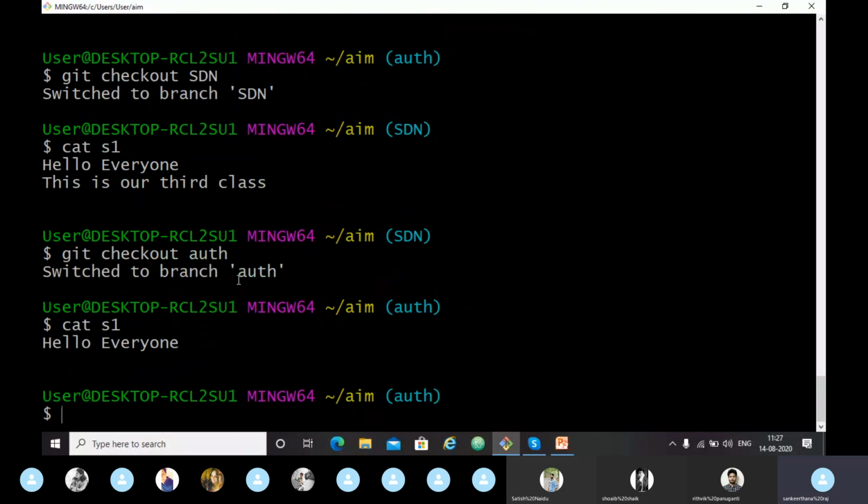The S1 file in the SDN branch is different. The file in the auth branch is different. Both are S1 files only, but they have different messages, different versions in every branch.